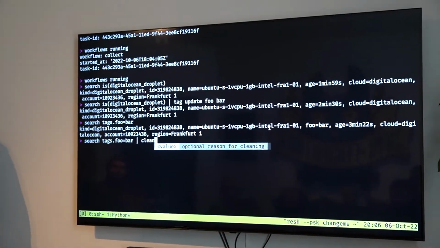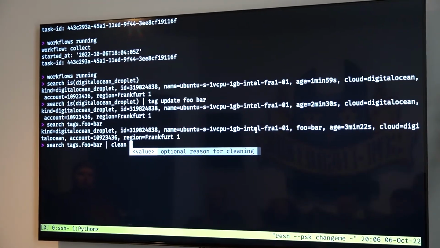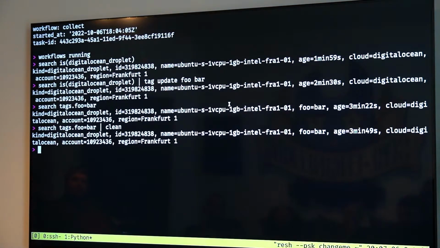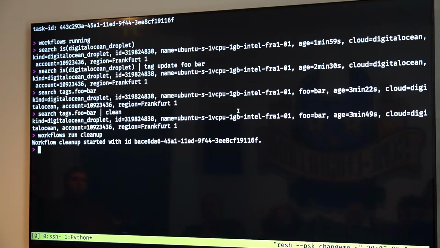And what operations are possible? Well, one option is to clean it. So if I type clean, it will put this resource into the clean queue, and every other hour there's the collect and clean job running in the background, which will pick up the resources to be cleaned and clean them all at once. And to force it right now, we can always say workflows run cleanup, and cleanup has started,